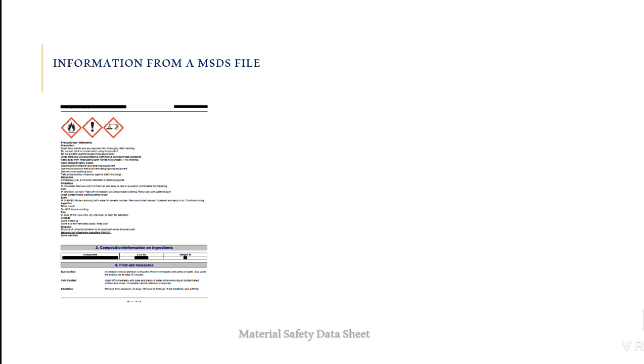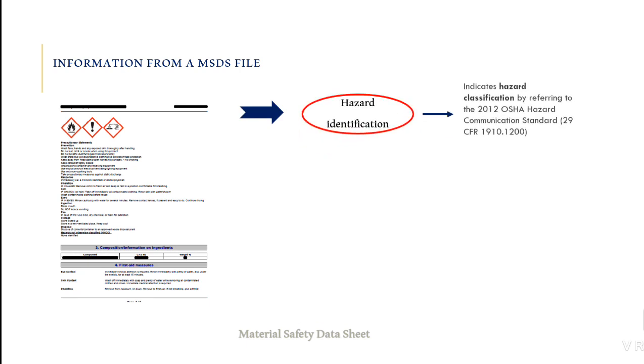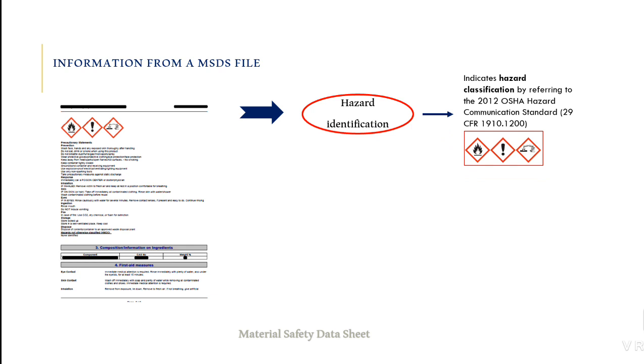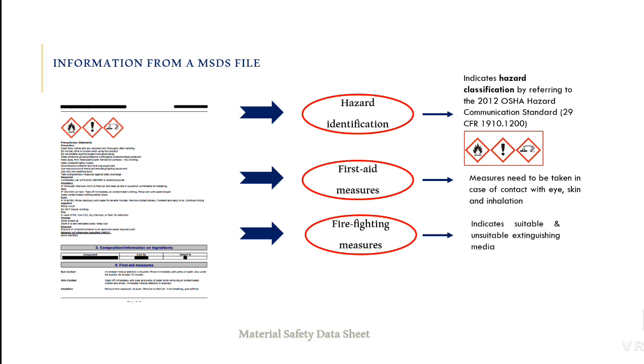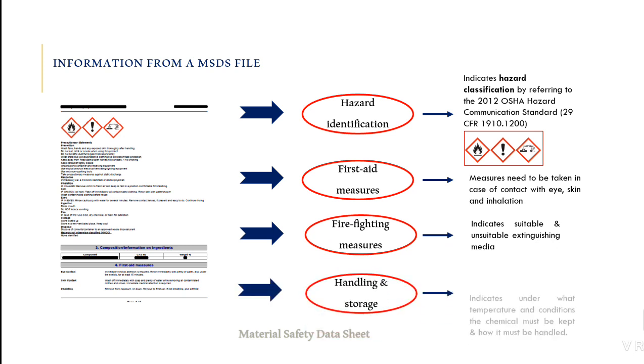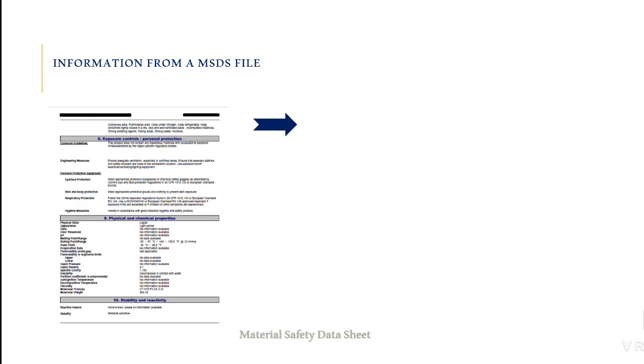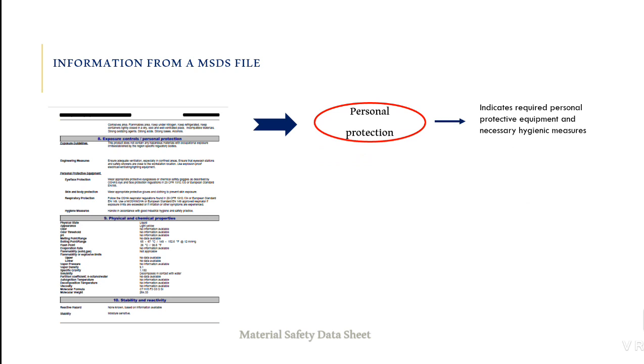Information that can be accessed through a MSDS file after downloading from a reliable chemical supplier website includes hazard identification or classification indicating if the chemical is flammable, harmful, or corrosive, first aid measures indicating required measures in case of chemical contact with eye, skin, or inhalation, firefighting measures indicating suitable and unsuitable extinguishing media, handling and storage indicating under what temperature and conditions the chemical must be kept and how it must be handled, personal protection indicating required personal protective equipment and necessary hygienic measures,